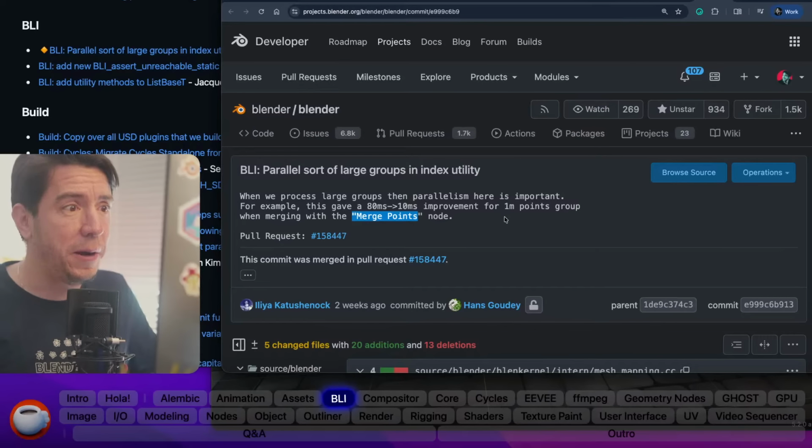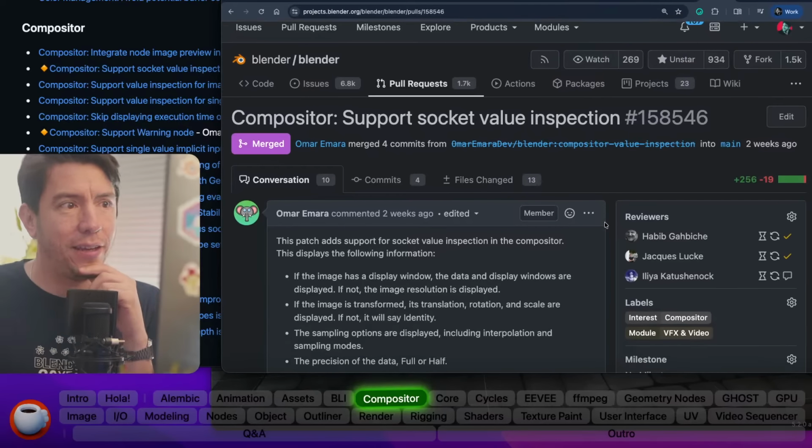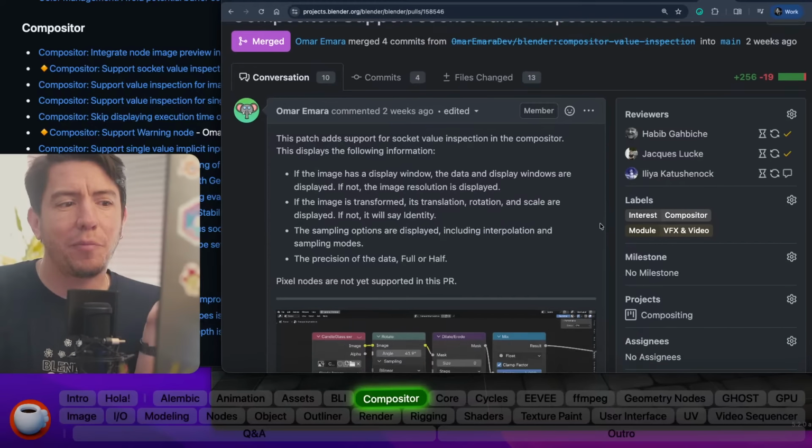So, socket value inspection. So you can be an inspector of sockets. What does it mean? Tooltips, basically. Tooltips are now way more useful when using the Compositor. Something you're probably used to from geometry nodes, but now they're available in the Compositor. So you leave the mouse over and you get this tiny tooltip, because the video is tiny and the nodes are big and it gets confusing. But you basically get a list of